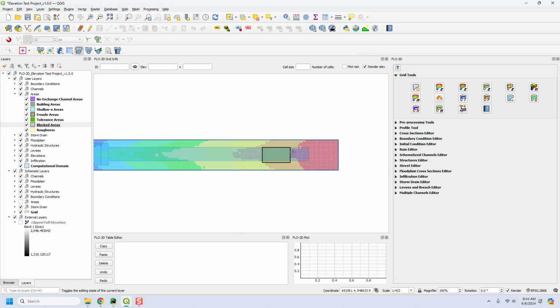You can see here that if I turn my elevation back on, let me turn these elevation polygons off really quick. So you can see that the elevation has been corrected inside there. And if you use this tool, you can see that the elevation is 1367.9, or well, it's basically 1368